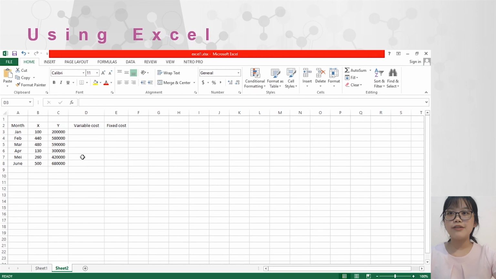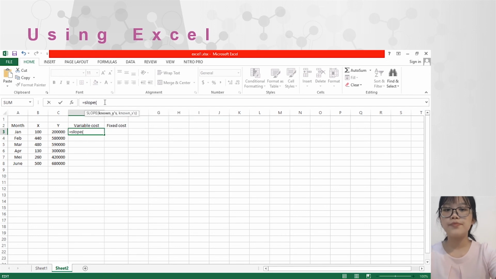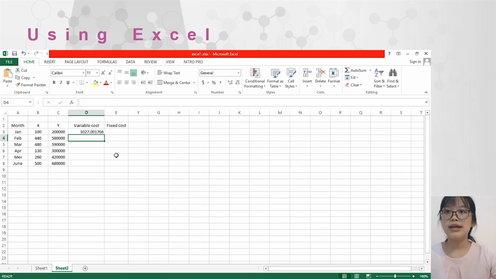So here's how it looks when you are using Excel, and let's see how it works. First, in order to find the variable cost, you can use the function equal to slope, and then just block from C3 to C8, and then comma, from B3 to B8, and then just enter, and it will count that the variable cost is